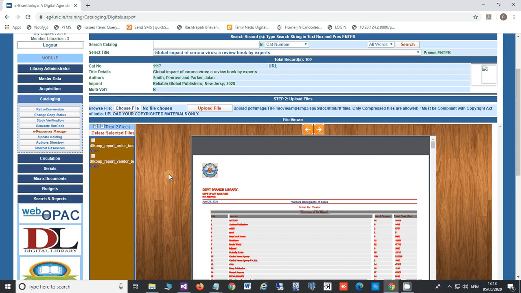In this way, if you now go to search the document on WebOPAC, you will find the link for ebook downloading, where your library members can download the document.